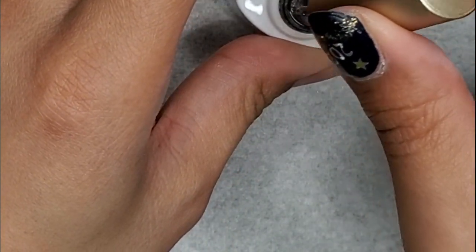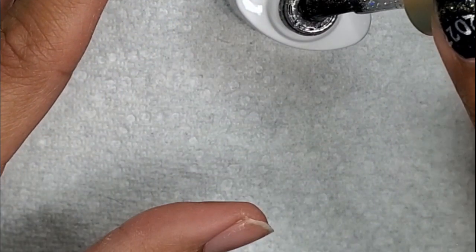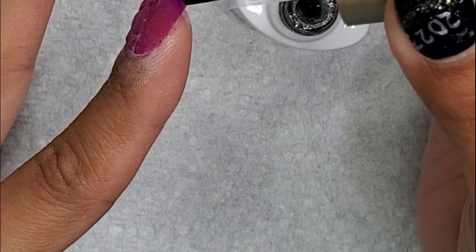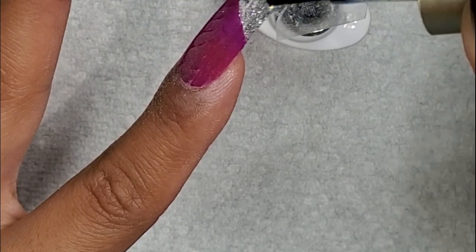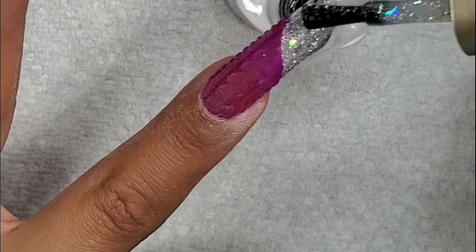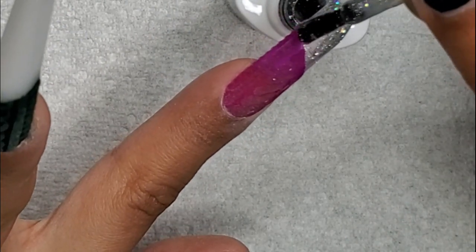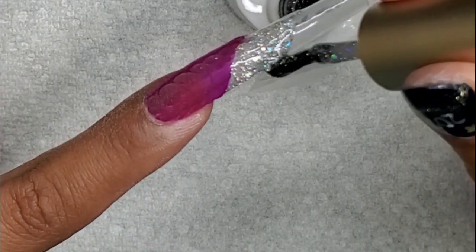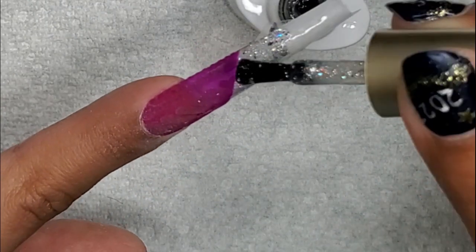So as the background, I did two coats of this because I want to make sure that this color is going to be inundated with super glitter, and I'm keeping it in line with the background bias that we have here at an angle. And I'm going to choose a different glitter for the other nail after this. So let's